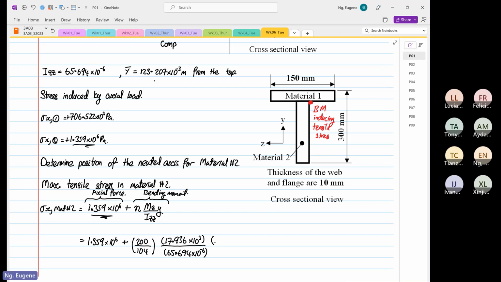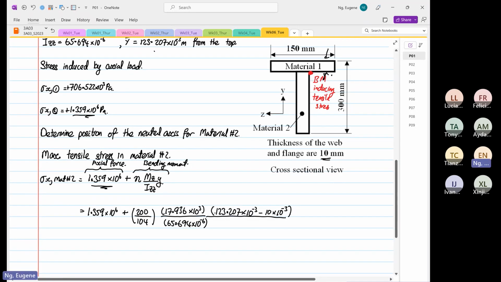Okay. So from here, we need to find that position. So this is equal to 123.207 times 10 to the power minus 3, minus. So this thickness over here, we know is 10 millimeters. Okay, minus 10 times 10 to the power minus 3. Okay, so this whole thing over here. So this will be equal to